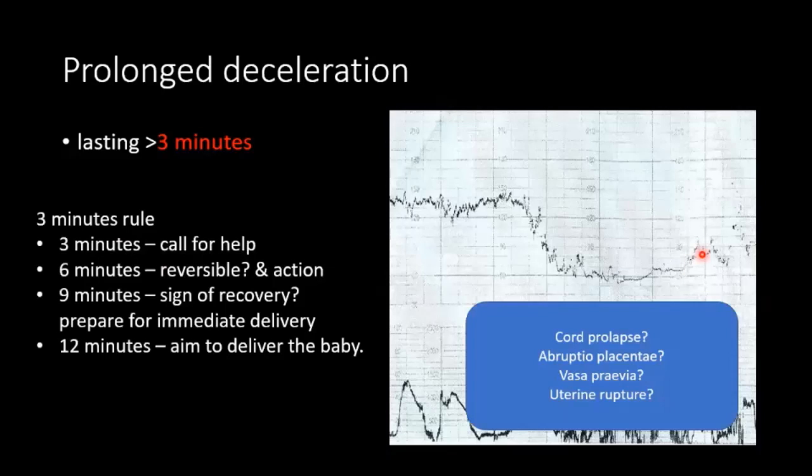So if it is reversible, you try to correct it, and you should anticipate signs of recovery at 9 minutes. But if, let's say, it is an irreversible cause, for example, a cord prolapse, there is no point for you to wait for recovery. Then you see if it is not os fully, you need to bring the patient to the operating theatre immediately. Okay, then by 9 minutes you have to decide already, that's the max. Caesar or vaginal delivery immediately, and you need to prepare and go for delivery, expedite the delivery as soon as possible. Okay, by 12 minutes your baby should be on the way coming up already. Okay,